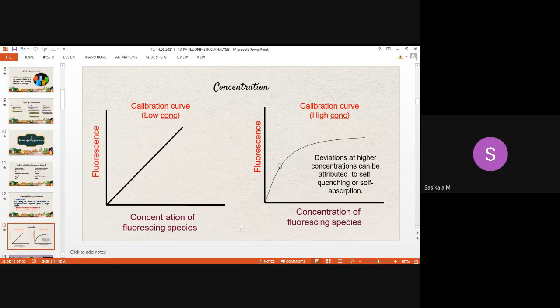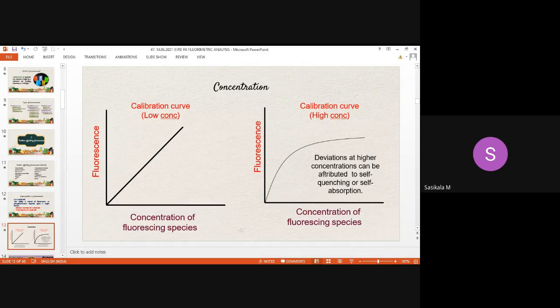Hope you would have seen quenching in the contents. We will be discussing quenching in brief. So this is a type of self-quenching or concentration quenching. Self means the molecule itself loses its energy by being absorbed by another molecule. Whatever light is emitted by one molecule will be absorbed by another molecule for its excitation. So that is called self-quenching or self-absorption, or it is otherwise known as concentration quenching, because quenching occurs due to increased concentration.